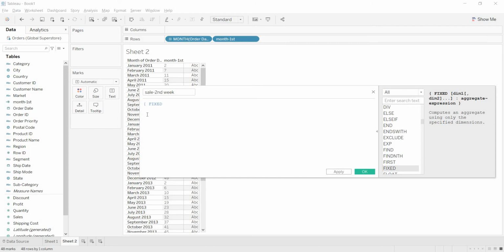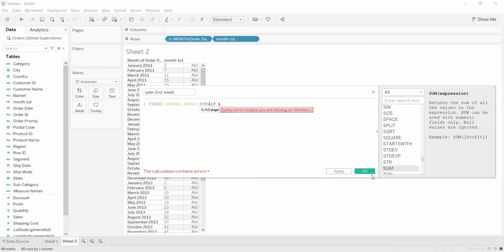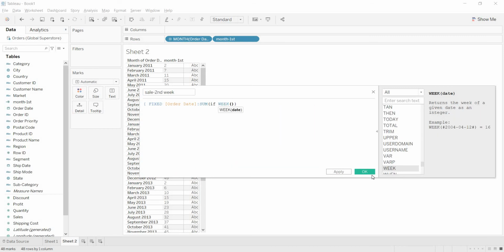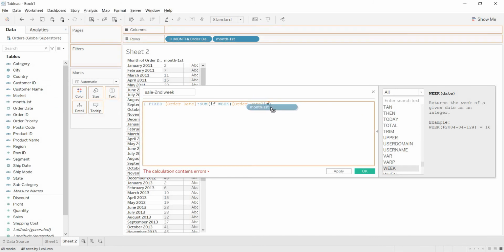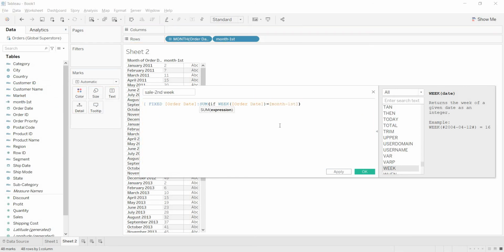You need to use a LOD, FIXED order date: SUM of IF week of order date equal to the calculation we have written here, then give me sales.